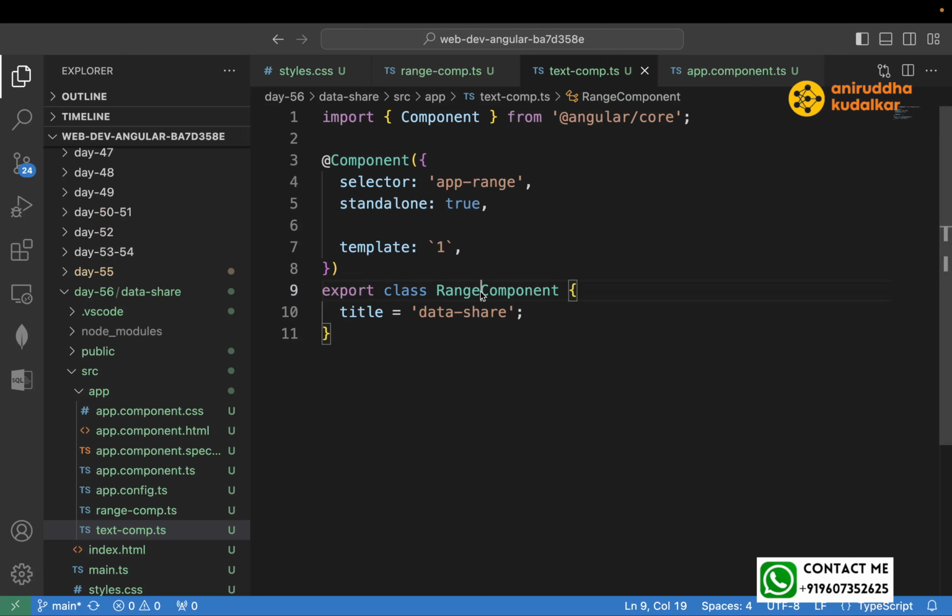Okay. Text component, app text. So here we can say h1. Don't write over here because you don't get IntelliSense over here. App text. You can create a separate file also, absolutely fine, no problem. h1 app